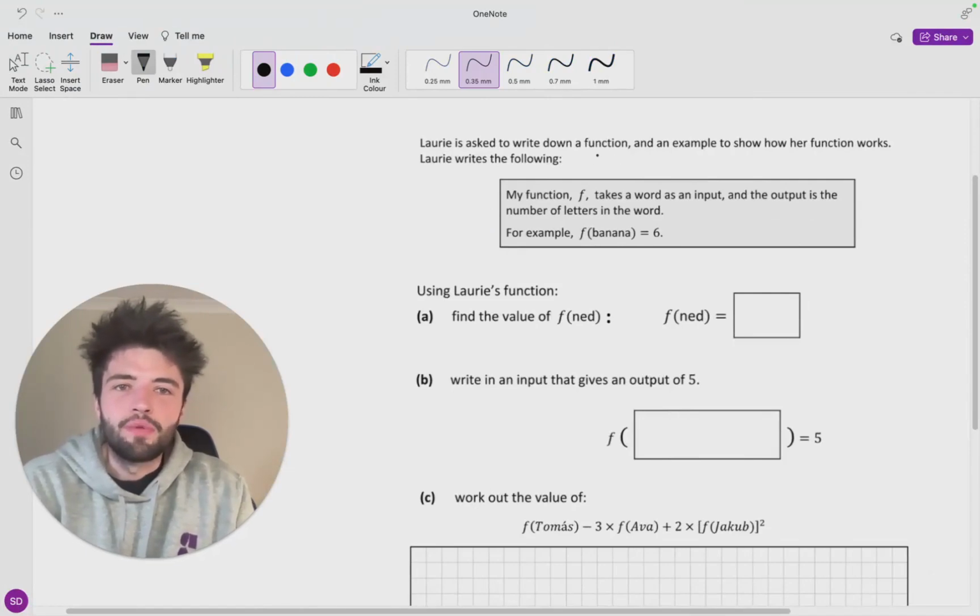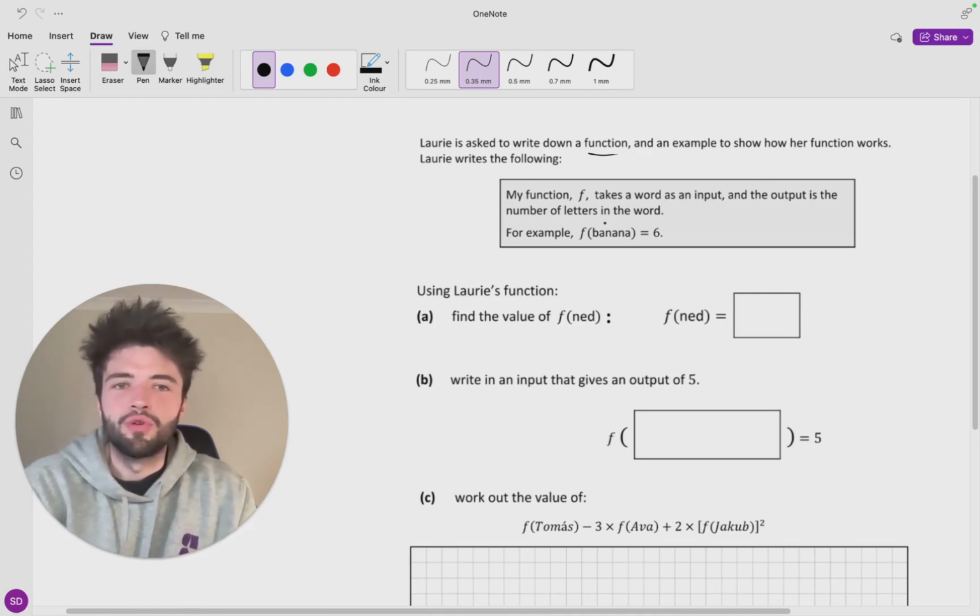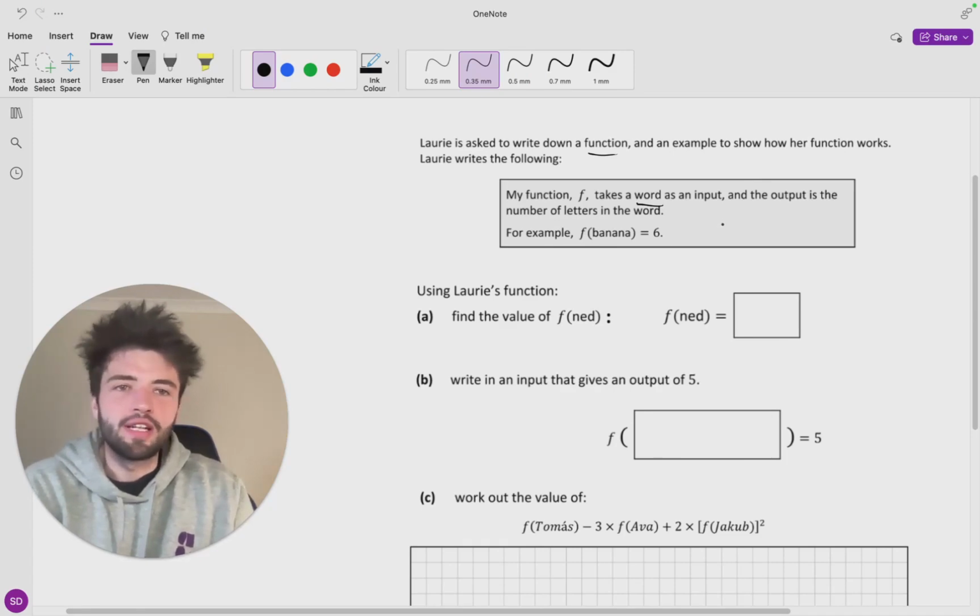So for this question, we're going to be dealing with functions, an introductory question for functions. Basically, Laurie is asked to write a function of her own choice, so she can make it anything. What she chooses is that her function takes a word as an input. So you put the word into the function, and the output is the number of letters in the word that